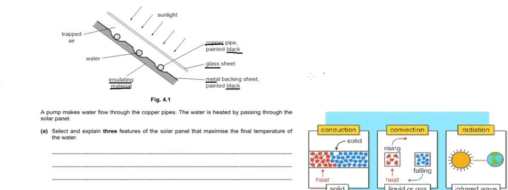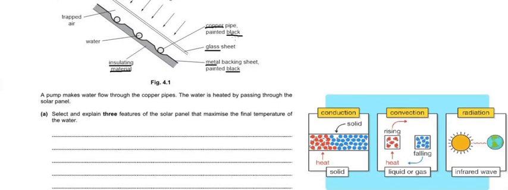So what are the different features of this figure and why is metal used over here? We know that metal, this copper, is a good conductor of heat. So the heat is transferred to the copper by the process of conduction. That's why the copper is used. The glass is used because glass is a good insulator, and it also traps the air. Once this air is heated over here, it is trapped with the help of this glass. So that's why the glass is used. And we can say this black color is painted because